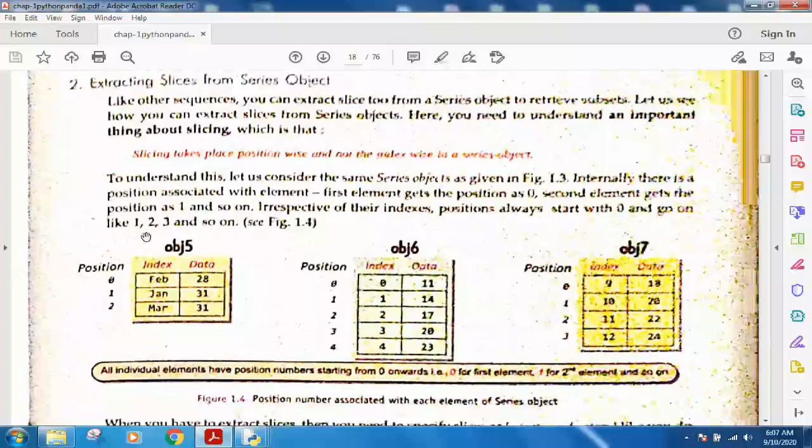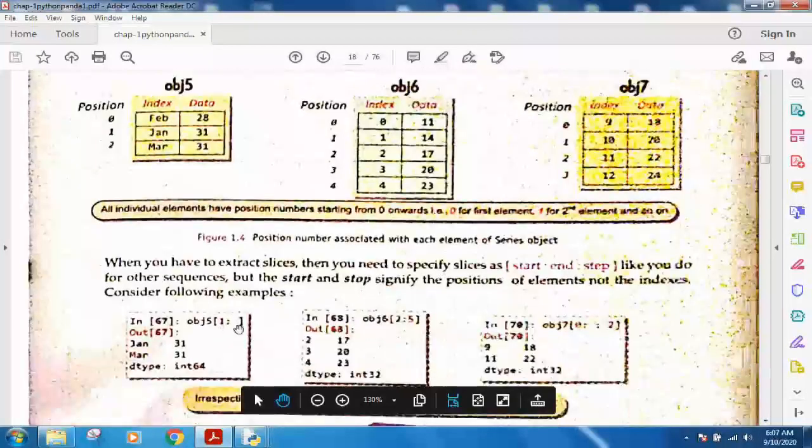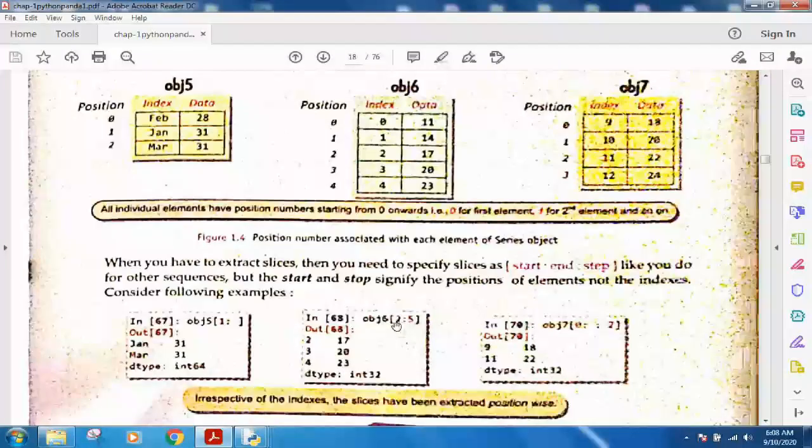And if you do not specify the step, by default the step is always +1. So if I give 1 colon nothing, it means I want to start from index position 1 to last. Similarly 2 colon 5 means I want to access the elements whose index positions are 2, 3 and 4. One less than the stop is always considered.